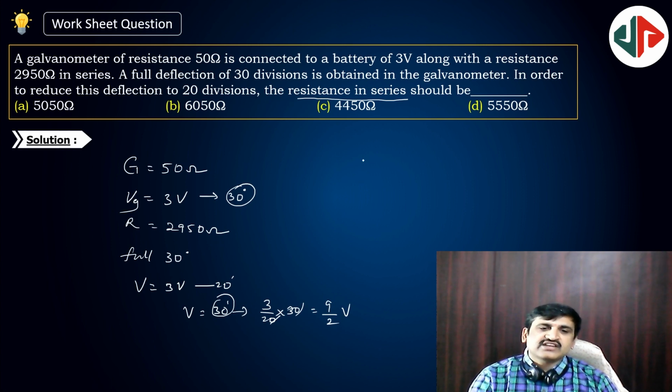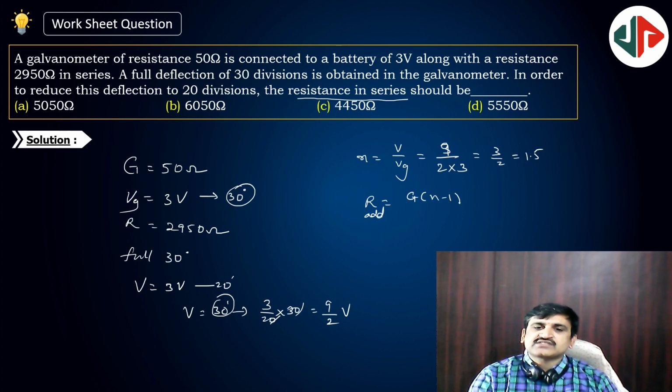Yes, this is V. Now N is equal to V by Vg. V value is 9 by 2, Vg is 3. So this will be 3 by 2. 3 by 2 means 1.5. 1.5 is N. Now R to be added further for this is